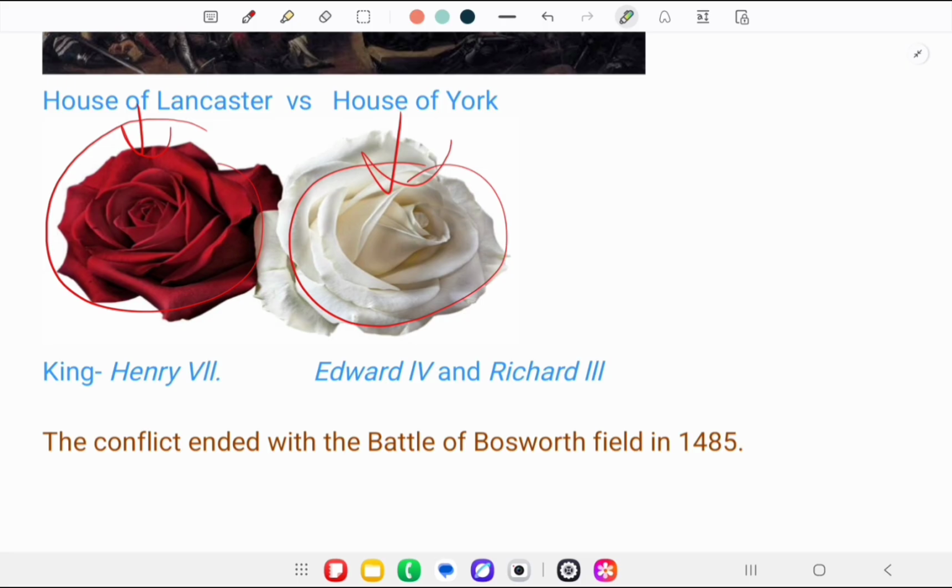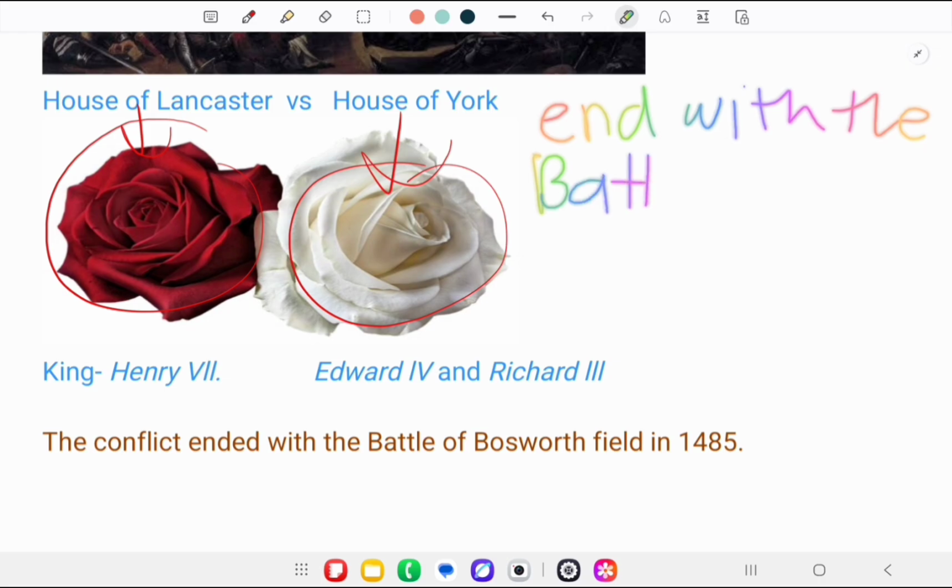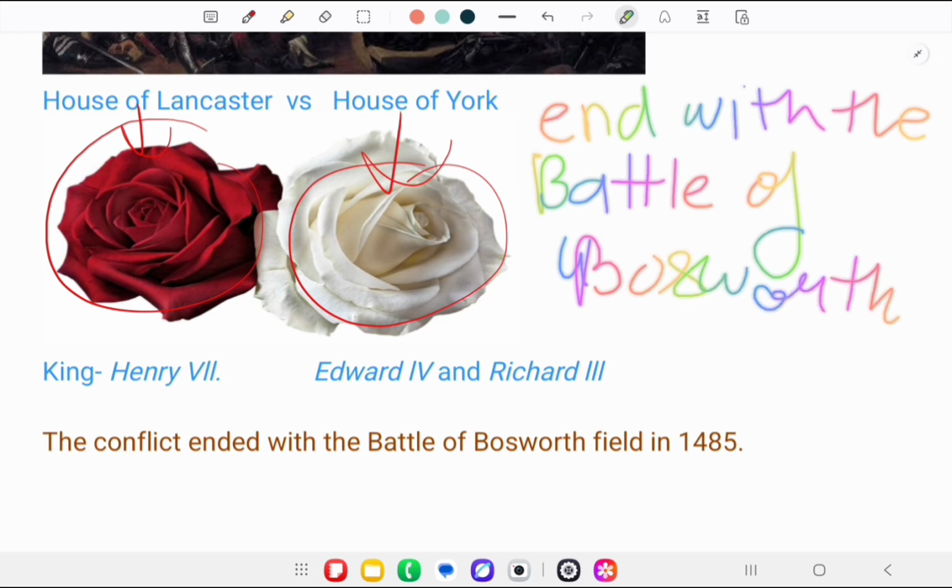Ultimately, the conflict ended with the Battle of Bosworth Field in 1485,